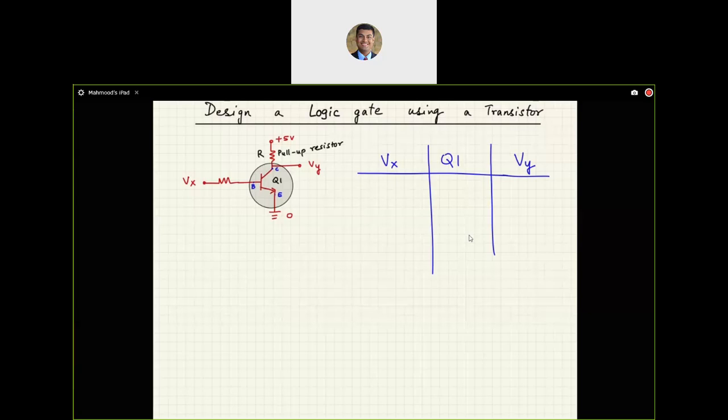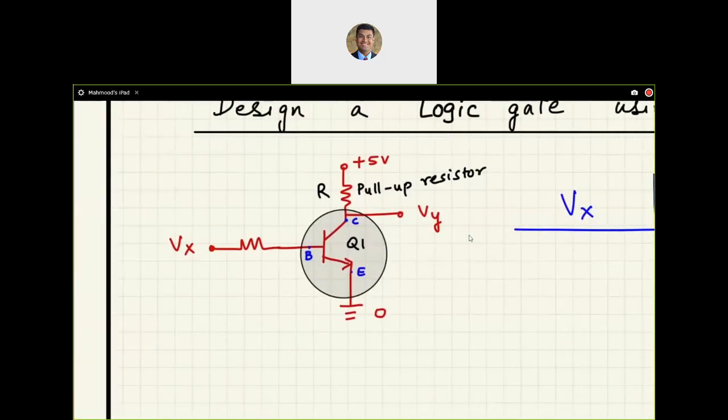Let us provide an input to it. Let us see what the output is going to be. And by monitoring the state of the input versus the output, we will see what that logic gate turns out to be. So let us try to zoom in on this simple BJT based circuit. We have Q1, which is essentially a bipolar junction transistor with three terminals: B for base, E